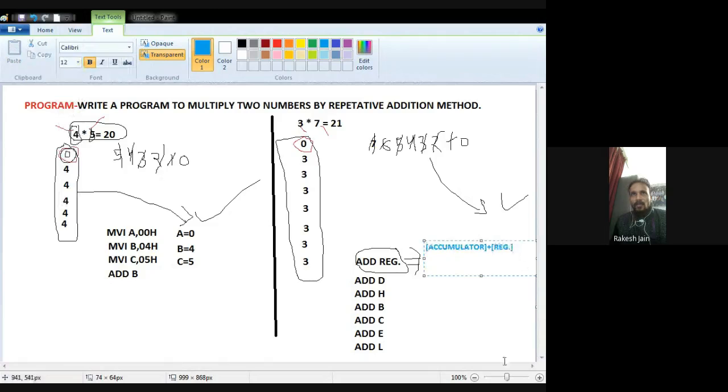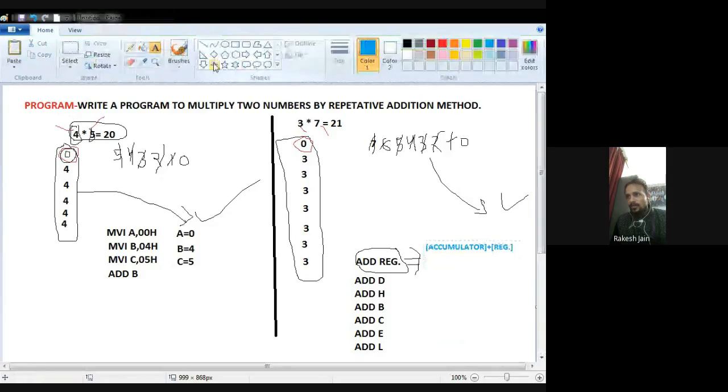Content means the data inside that register, and the result will be loaded into the accumulator itself. Accumulator means A, and register means any register you write.